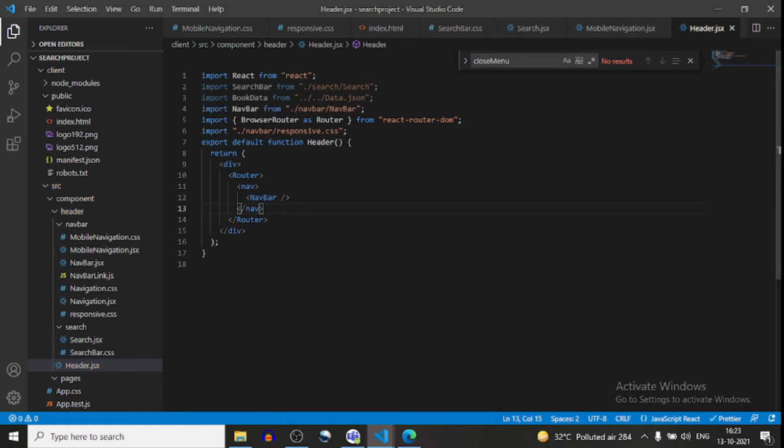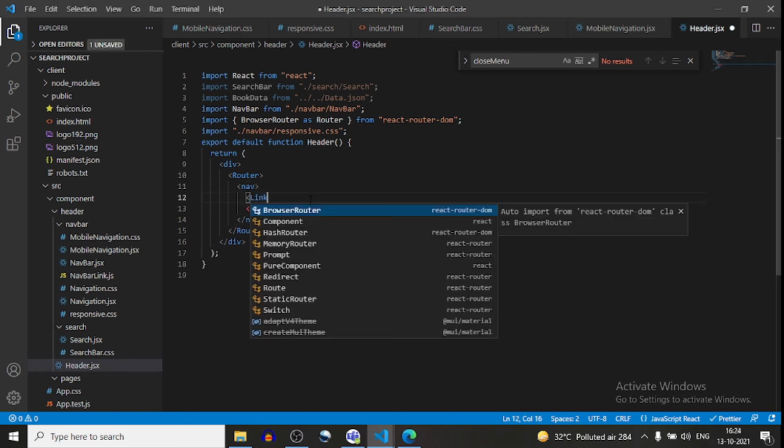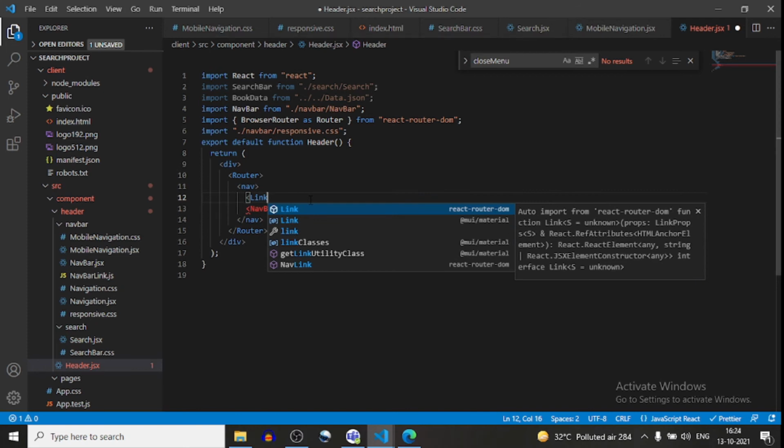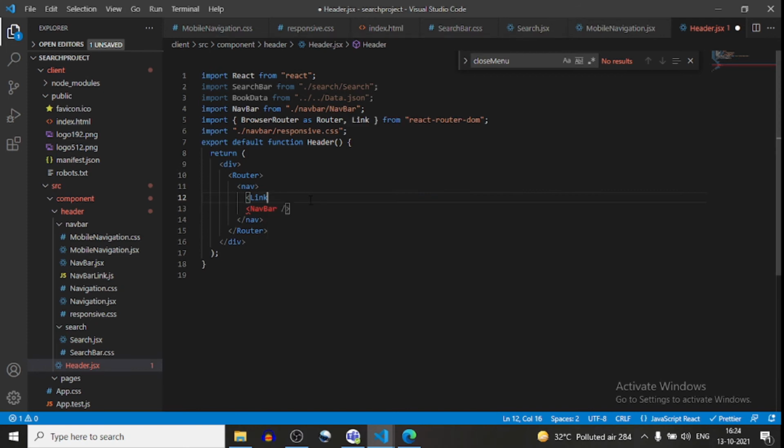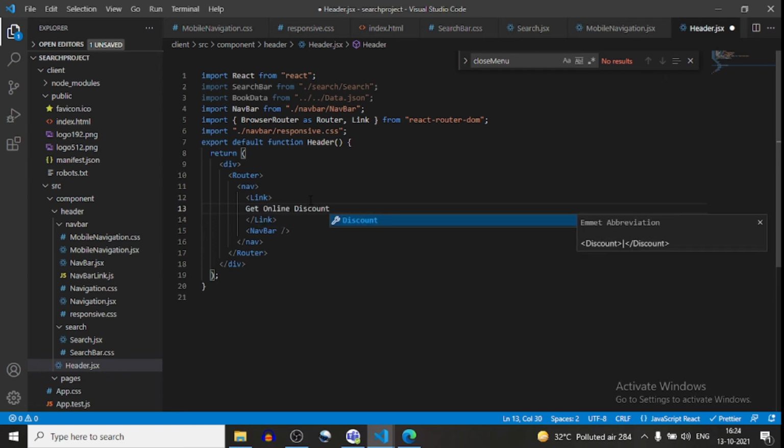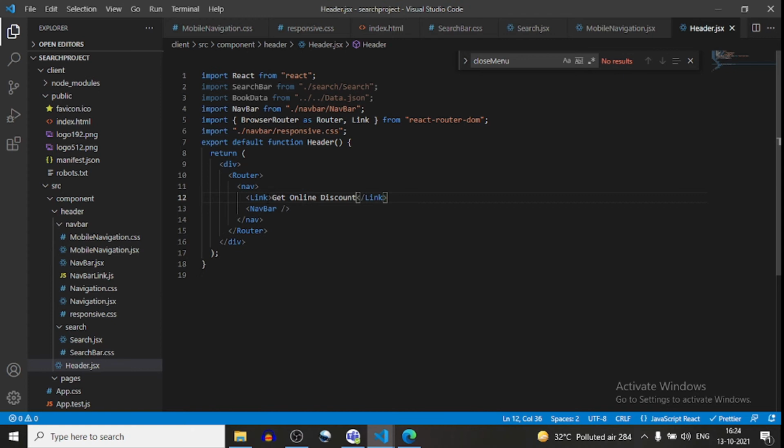Then I will define a Link from React Router DOM. Inside this Link, what I want is Get Online Discount.